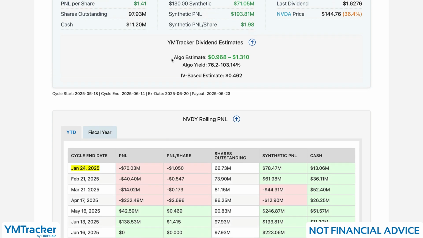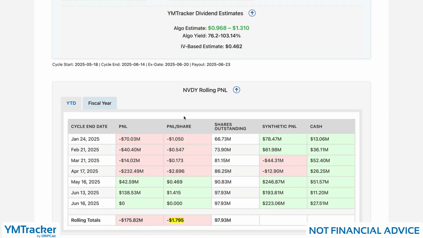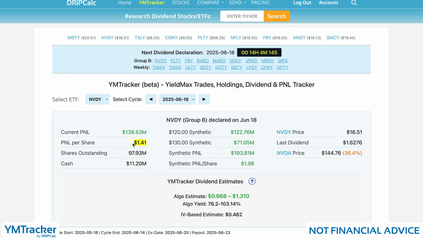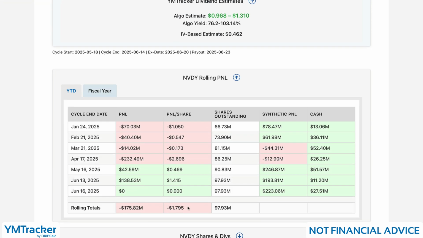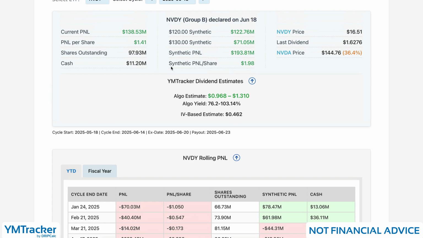And as I said, the algo estimator now includes the rolling PNL. So for example, if they made a ton of money during the year, they can afford to pay out most of this PNL per share or income per share that they earned in the cycle. But as you can see, NVIDIA has lost almost $2 this year, and so they have to be more